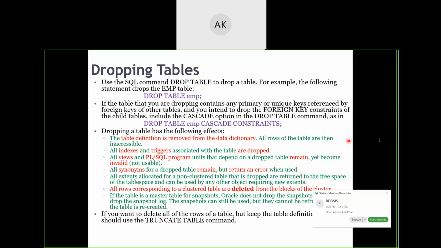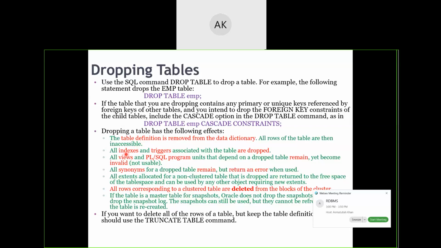Dropping of table. If you drop a table, first of all, the definition which we used to create the table will be deleted from the data dictionary. Second thing, whatever indexes were created for that particular table, along with any background running program which was checking whether some data was added into that table or not, triggers.